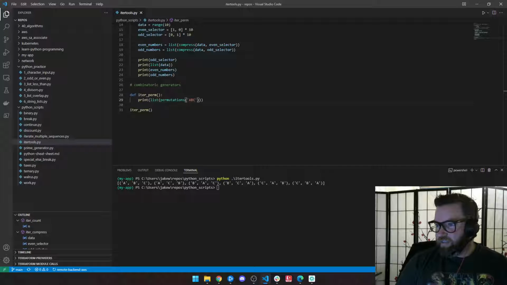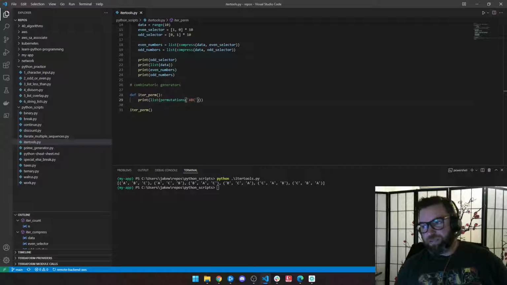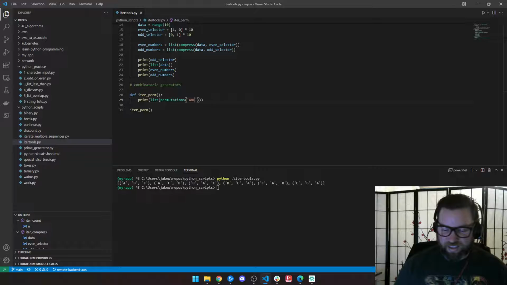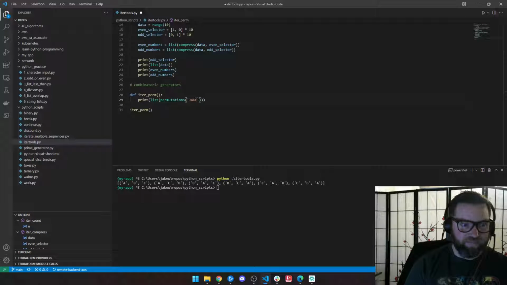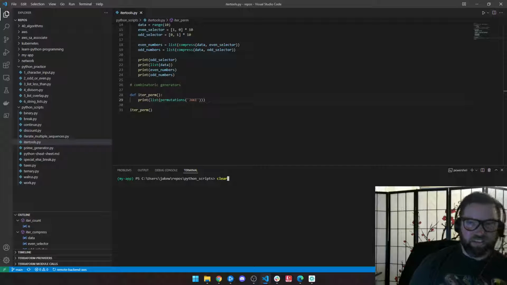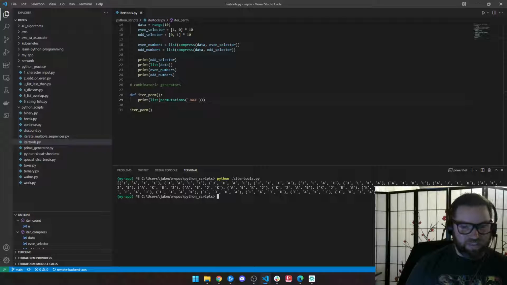Be very careful when you play with permutations. The number grows at a rate proportional to the factorial of the number of elements you're permuting, and that number can get really big really fast. So if you're like, hey, that's cool, let me do my name, and you just do your name. Well, the difference between 3 and 4 factorial is 24 versus 6. So if I were to run this,